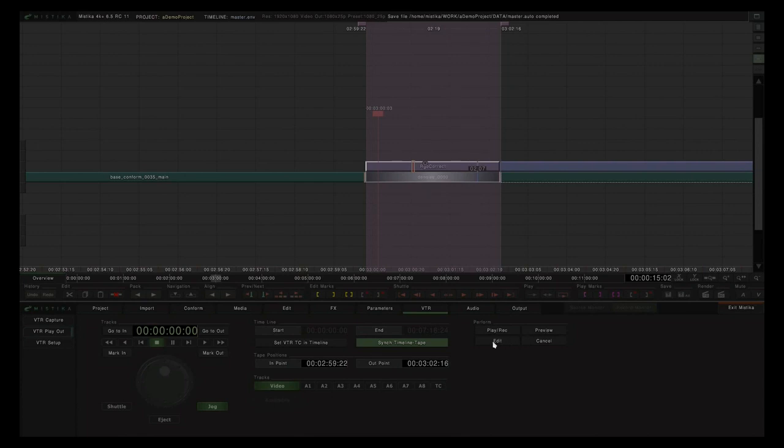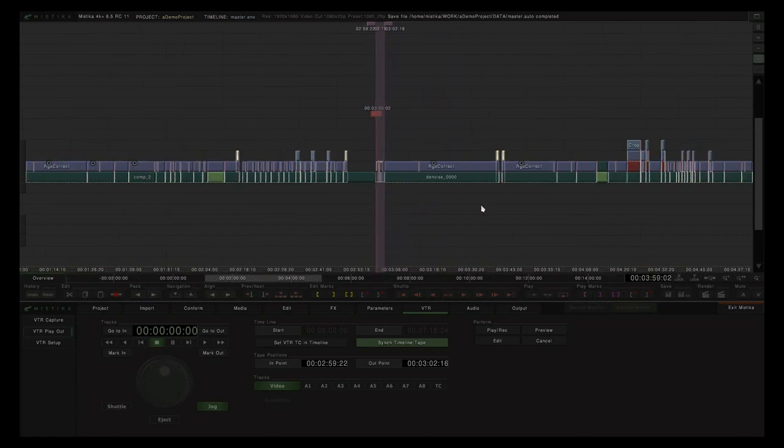Or you can commit the recording and press edit, in which case the deck will pre-roll, the monitor cursor will jump back to the first frame of our output, and as it passes the in point on the record deck, it'll start to play. And at any point in those proceedings we can hit cancel if we think it's not going to do the right thing. So that's the method of playing out a master,